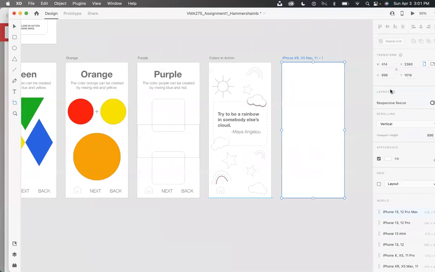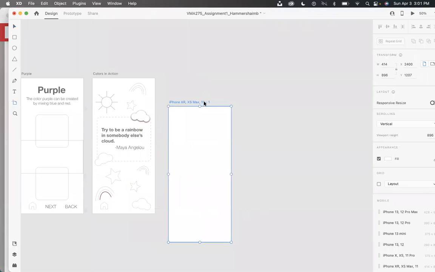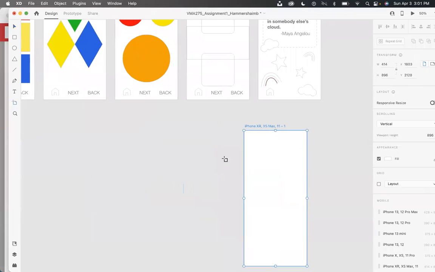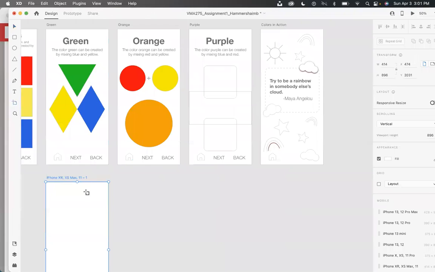And then we're going to click here, and you'll see that it's going to come to the side. What we want to do is click on the name itself, and then you can just drag it down so it's underneath. So we want the green one under the, well, it's going to showcase green, the orange under orange,